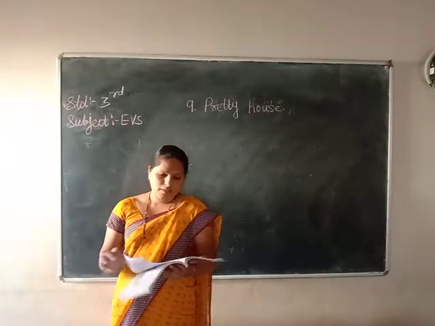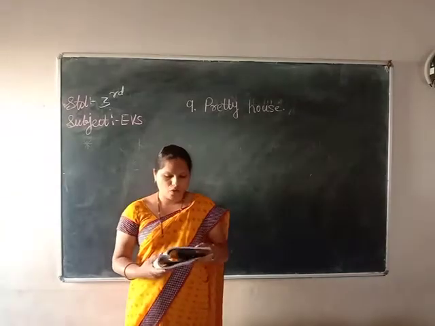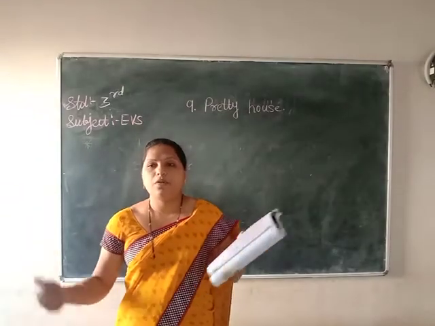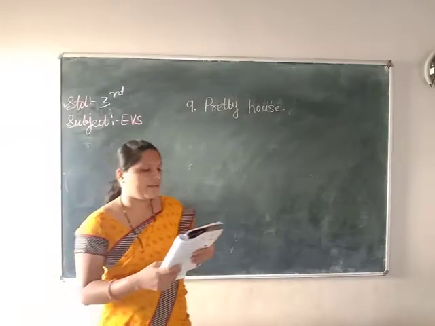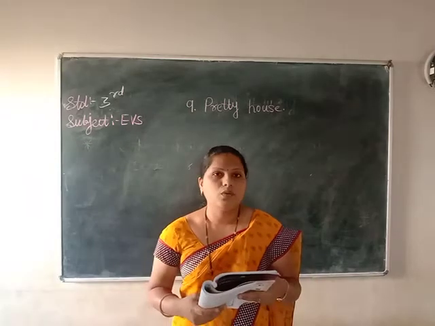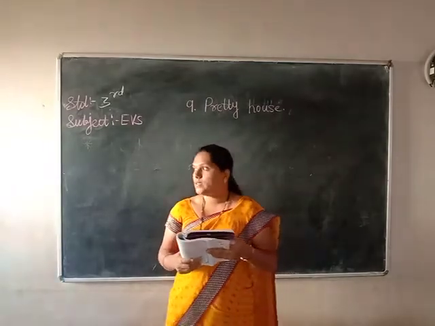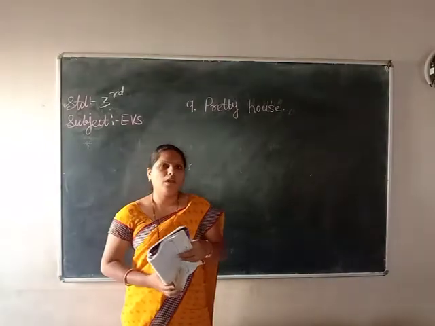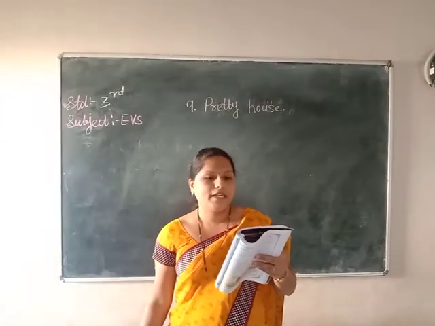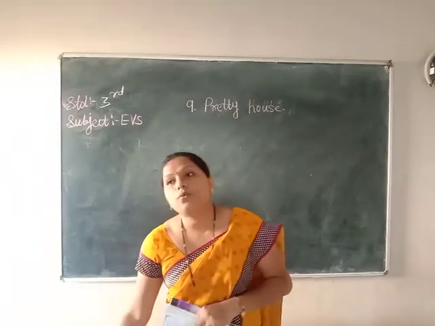Okay. Next, on page number 81, know this. Here are some good habits given on page 81. How should a good house be? It means how we have to keep our house neat and clean. There are some points given here. First one, there should be sufficient light and fresh air in the house. So it should have large windows and doors. That is why we have large windows and doors.